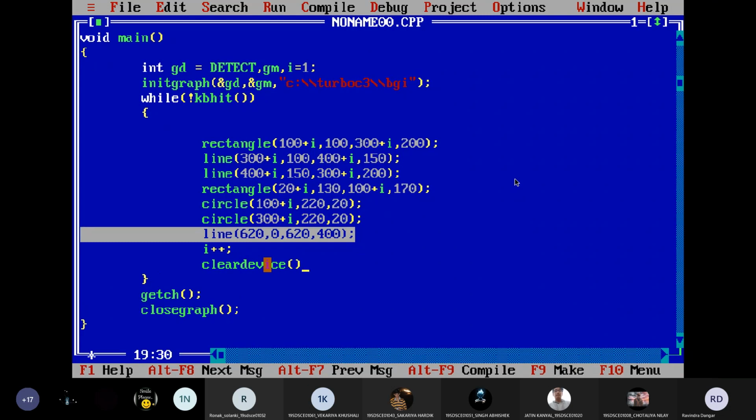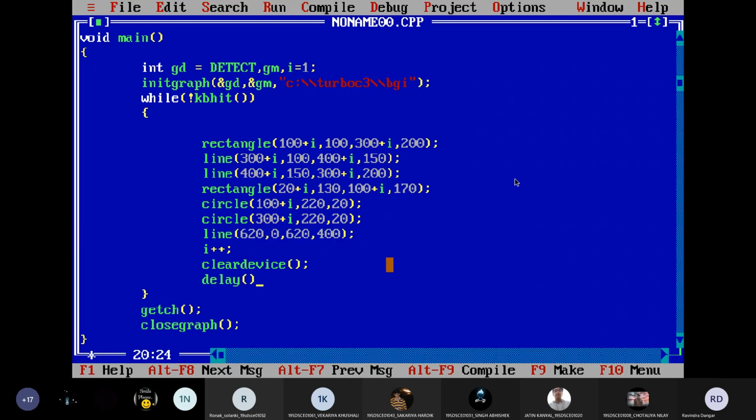And at the same time, we are going to use one more function, which is delay. Do you know the use of this function, delay? See, the use of this function is it will hold your screen for the mentioned time. So here I can specify the time in milliseconds.